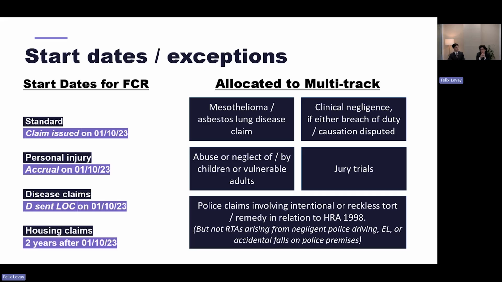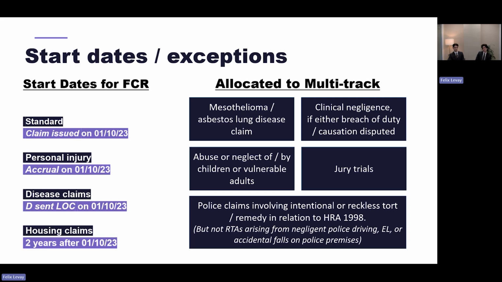There was a real concern that clinical negligence claims are obviously incredibly complex claims sometimes. There's a lot of expert evidence needed, given that depending on the point at which issues settled, you might end up assigned to the intermediate track, and therefore not be able to recover the relatively large amount of costs that you had